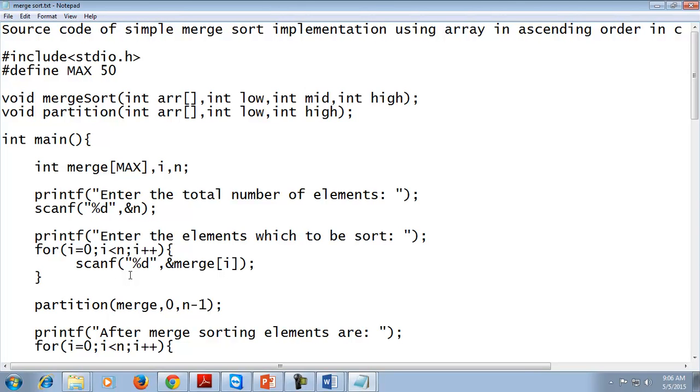First, to divide the list into different sections, and second, to merge the list, to remerge the list in the sorted order, or to find the sorted array. This is the process of merge sort.